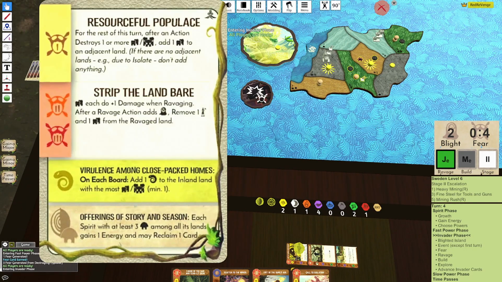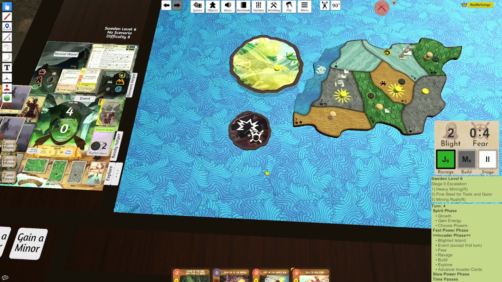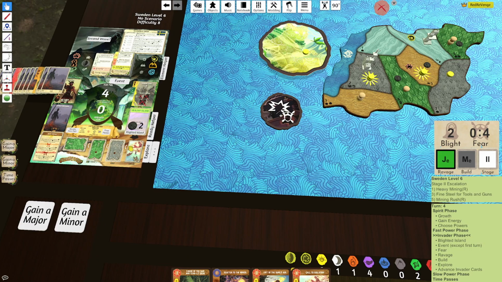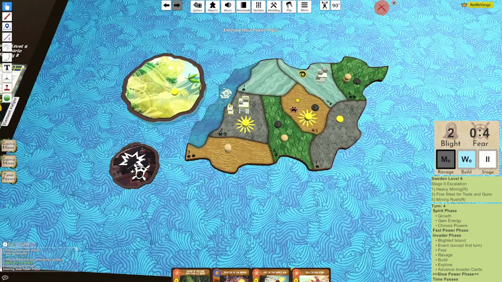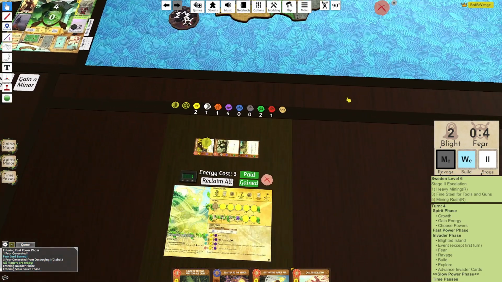Here we get Resourceful Populace, Story and Season, and Added Disease. Sure. Fear cards, 1 damage matching a Ravage. Sure. And a Ravage skip. Sure. Jungle Ravage, mountain build. We will be taking that blight likely on B2 here. And the Explorer is Wetlands with an Escalation. That is really unfortunate. Now I could be...